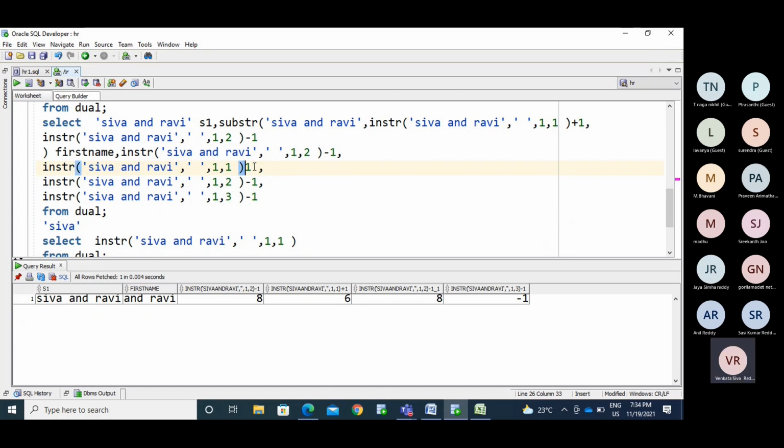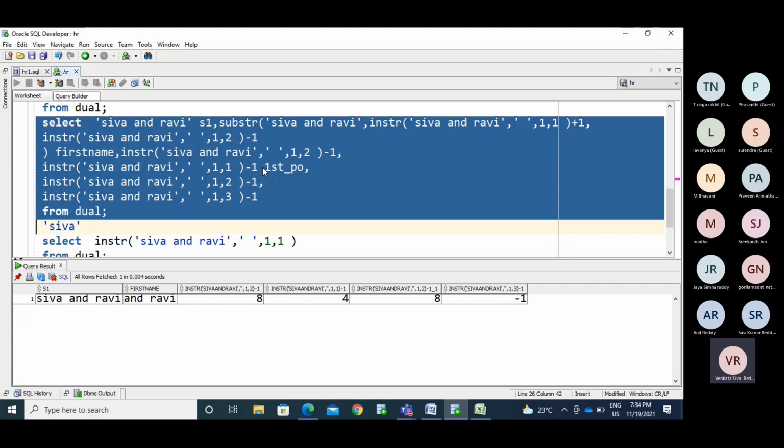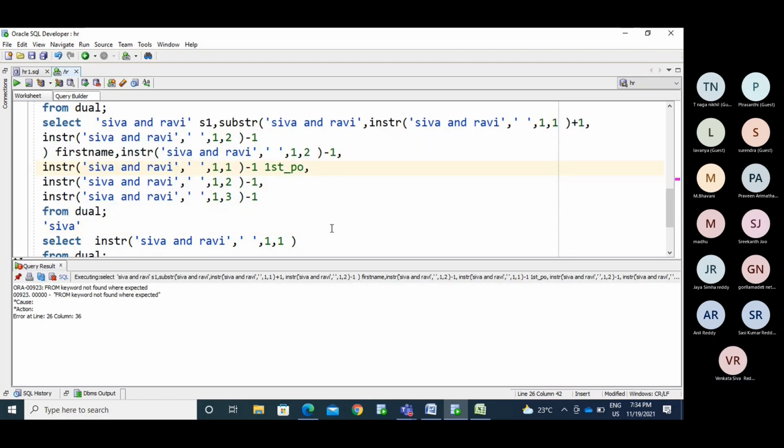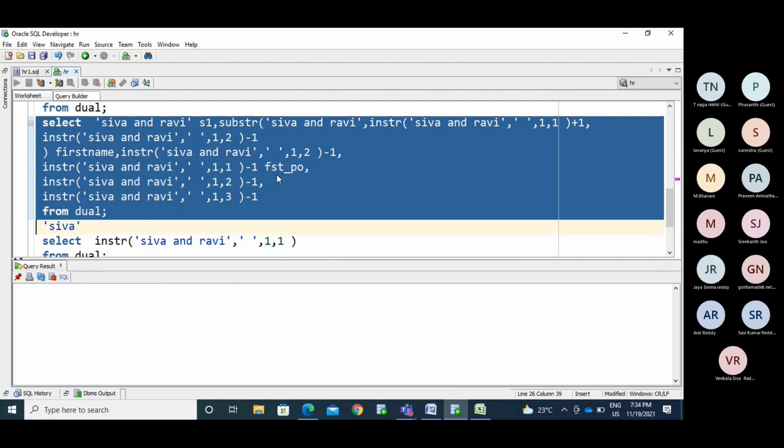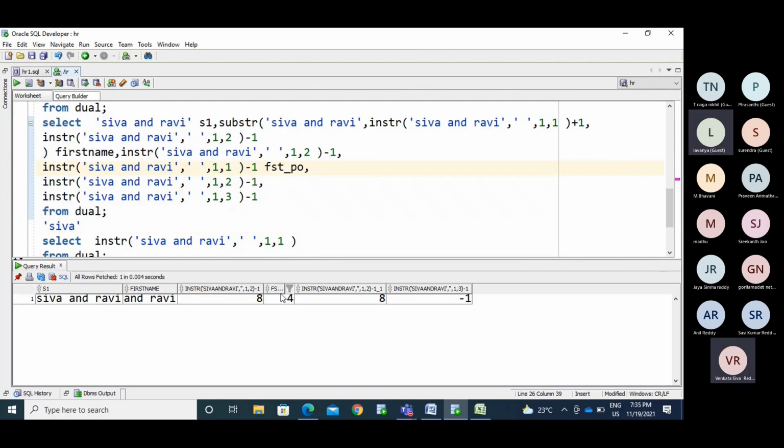Make it a -1. So -1. Okay, first position this.